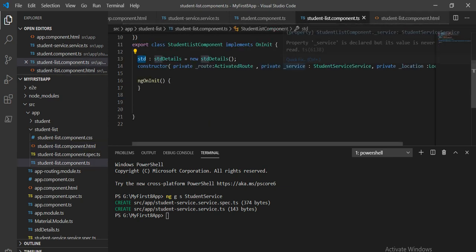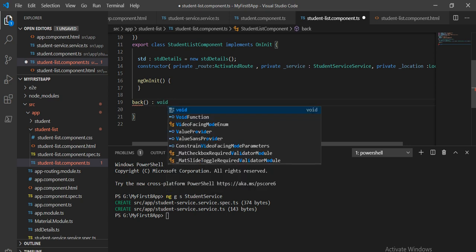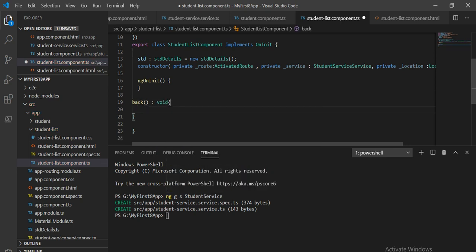So inside this page I will implement that back button first. The type of this is again void. Here I am going to write this.location.back, which returns to the page we came from.